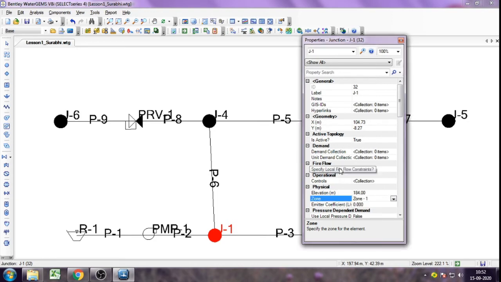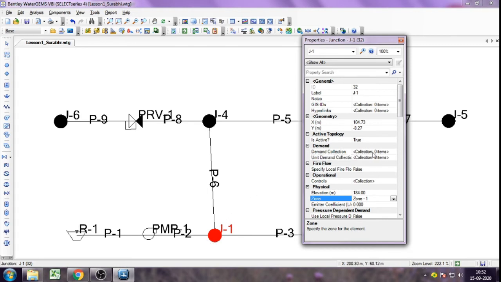Then we will assign the demand for this particular junction. A junction basically represents a group of pipes which have a particular demand. The pipes will then supply the water to meet that particular demand.